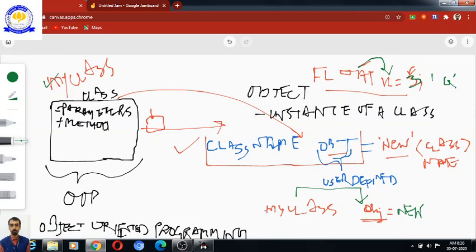So in Java, the class name is written with the object name, then the new keyword, and in this part we'll have to write the name of the class for which this object is now going to take the value. Generally, most of the time, if we declare a float, we are going to write here a float number.